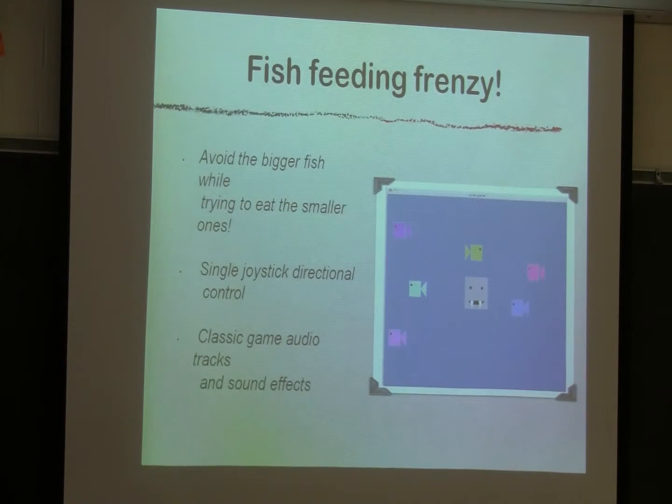Okay, this game is Fish Feeding Frenzy. The extended name is MC Pitts Presents The Adventures of Mr. Fishy and Fish Feeding Frenzy. But anyway, the vampire-looking square is the hero fish. The objective is to eat smaller fish to help you grow. If you collide with a larger fish, you will lose the game. We include some classic game audio tracks. We have the Mario Kart Beach soundtrack, some eating sounds, and a Mega Man death animation as